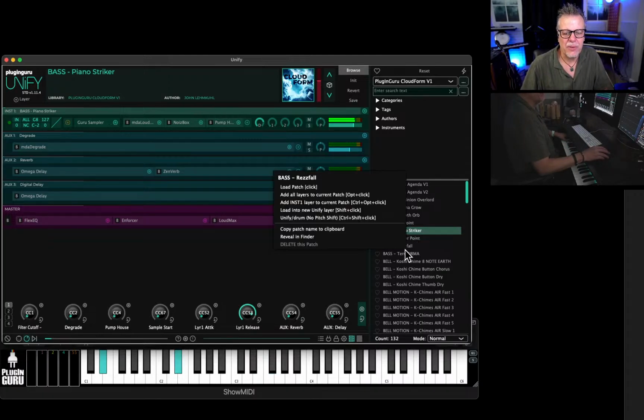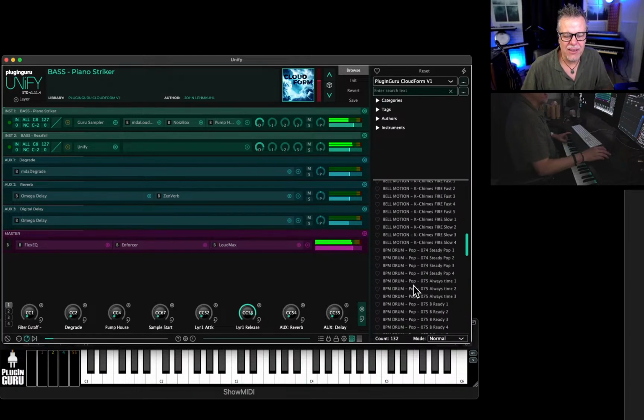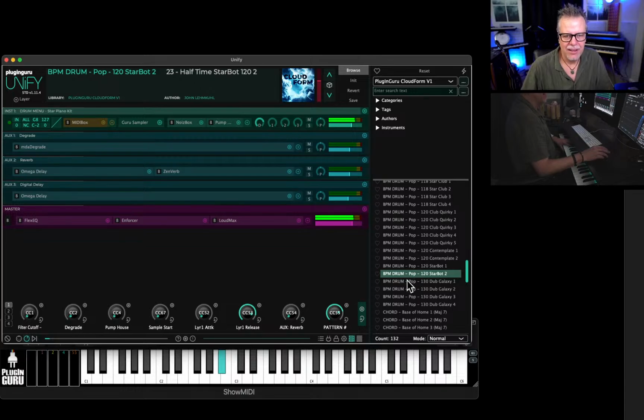You combine this with other patches and that attack is really, really cool. And then the drum kits are just super, super fun. I had a really good time seeing what kind of cool sounds I could get out of the piano that were not piano, because everybody has piano libraries and